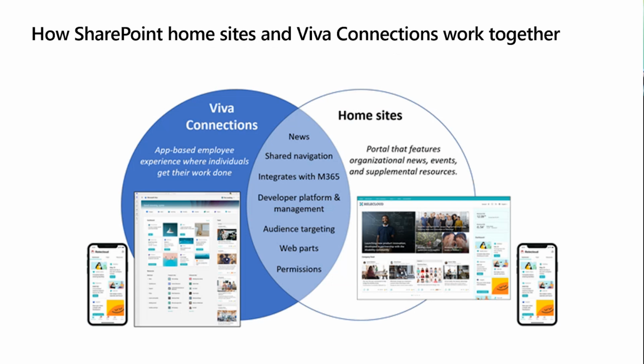My presenter from last night actually suggested this slide, which I think is great. For our customers that are using Viva Connections, the question is, what's the difference between my intranet and Viva Connections? They have slightly different purposes, although Viva Connections is using a good deal of content, information, and configuration from what's in your SharePoint Online home site. You can see in the middle, all of those things that you built are being leveraged by both Viva Connections and your SharePoint portal, your intranet, whatever terminology you use.